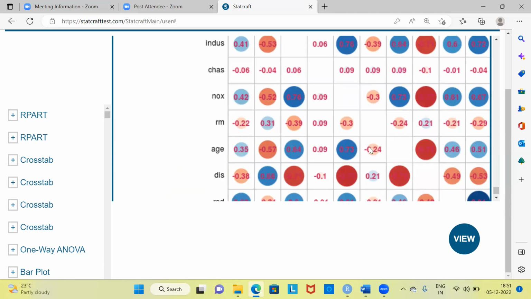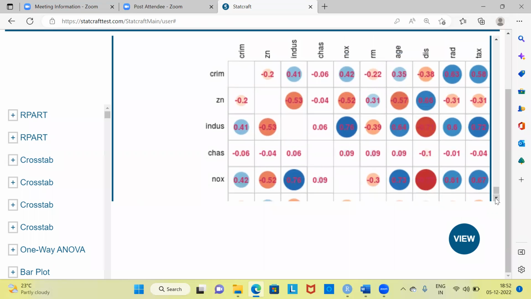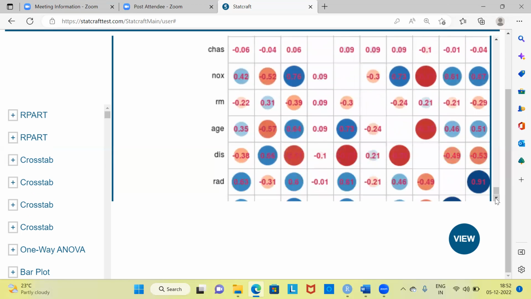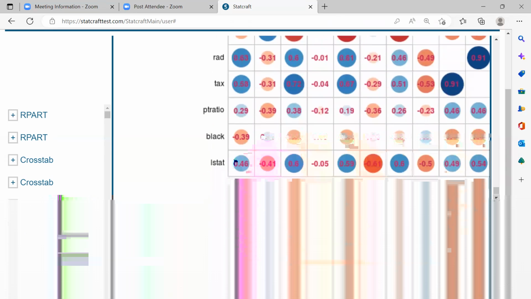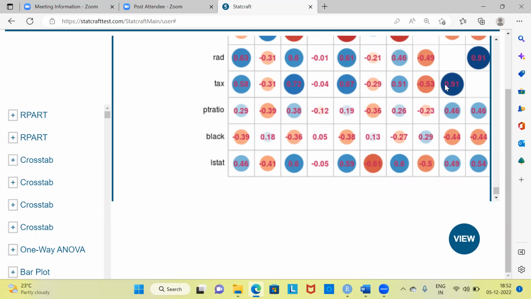When I scroll further, you can see 0.73. This is the correlation between the variable age, and when I scroll up, you can see nitric oxide concentration. So nitric oxide concentration is recurring again and again. It seems to be correlated with a lot of variables. Let me scroll further down. I see a high value of correlation here. In fact, this is 0.91. My apologies in case you're not able to read this number. This is 0.91. This is the correlation value between the variable tax